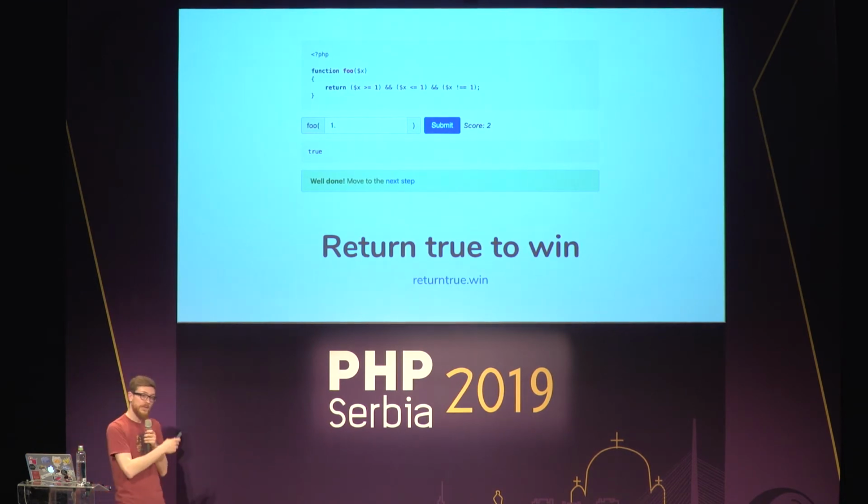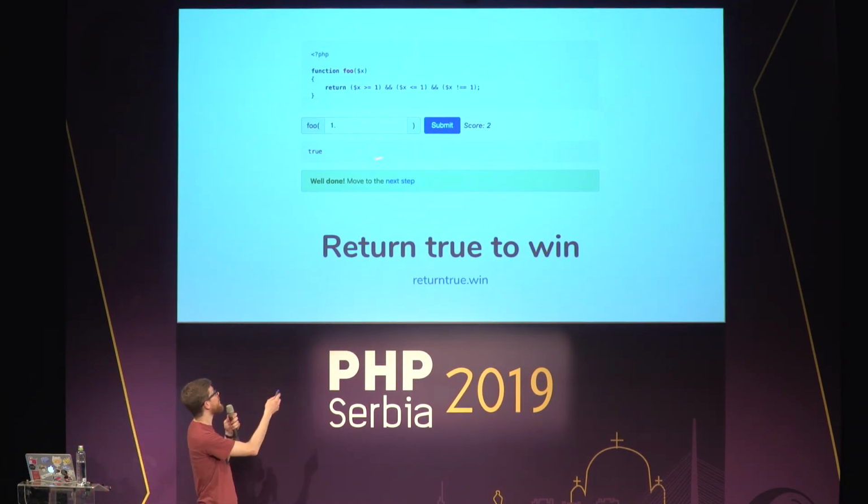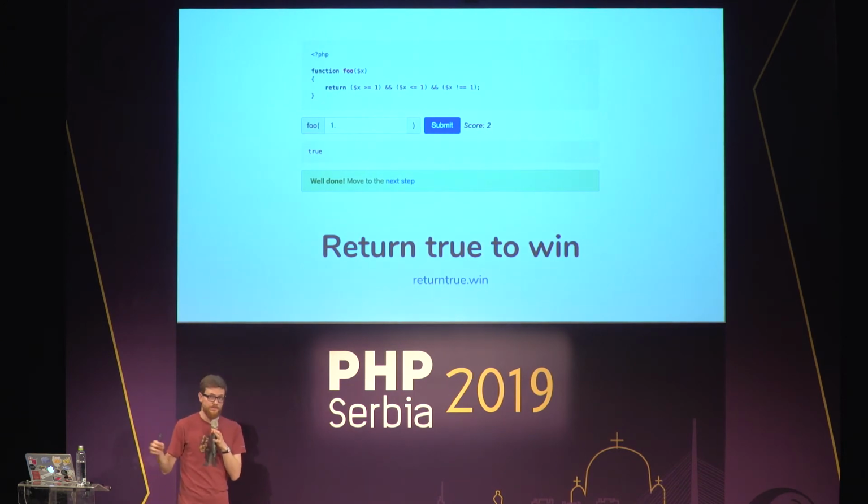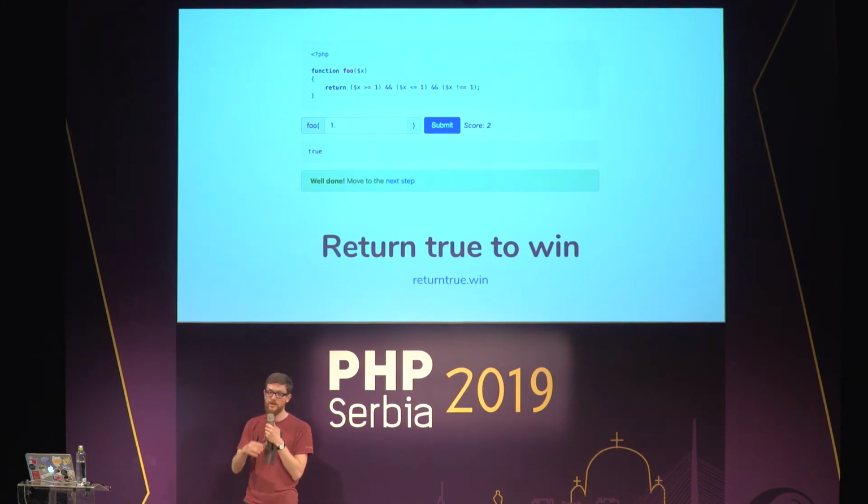Anyway, when I built this, obviously I had to run the PHP code. I had to run it on the server. And I don't want to run your code on my server, because you may be sending something completely weird which will break my server. So that's why at the time I worked to run the code in Amazon Lambda. This website runs with 2 Lambdas. The first one is the website, which handles the form. You submit the form, great. Now I call the second Lambda, which will execute the PHP code. And if you crash the second Lambda, that's fine. The website will return an error and say that you've done something bad. You can try again. The website is fine.